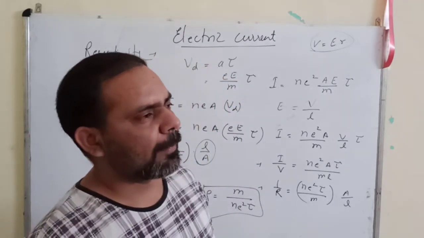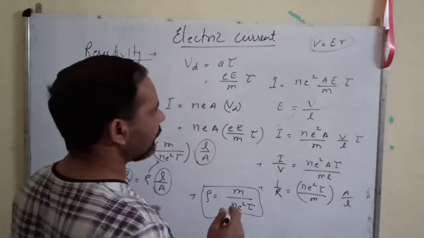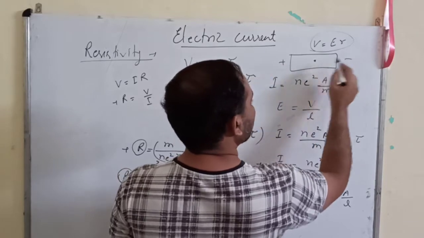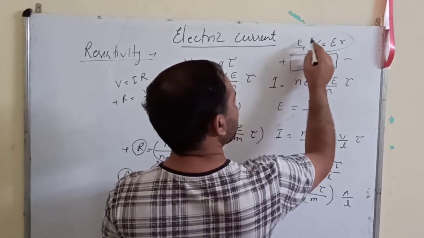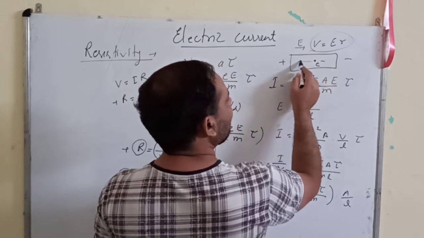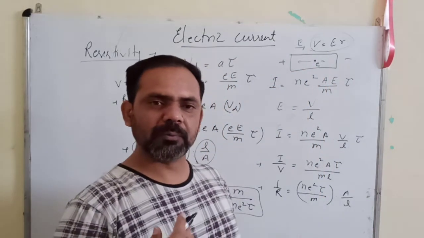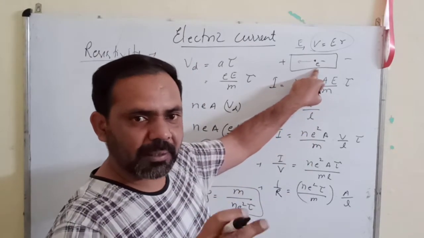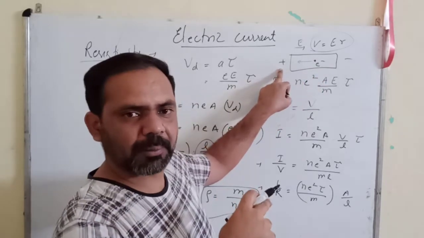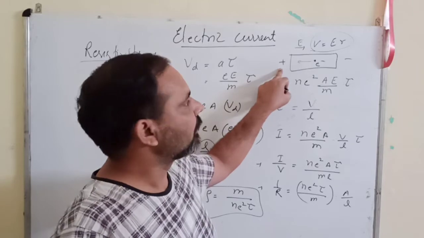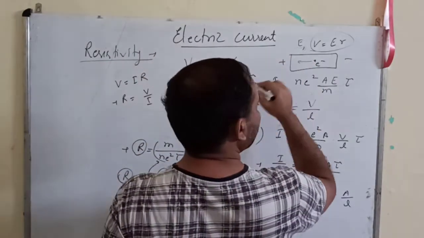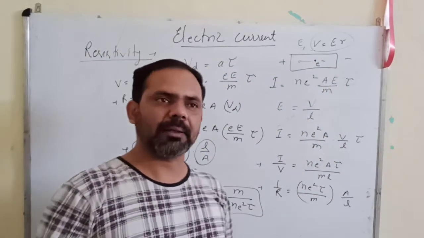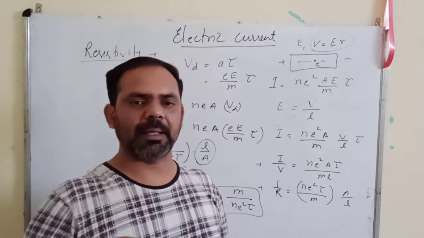Okay, sir. All right. You can simply see that I told you what drift is. Suppose this is the electron. If you apply an electric field in this direction, then the electron will be attracted towards the positive terminal. It will move towards the positive terminal. The velocity with which the electron drifts towards the positive terminal is the drift velocity for the electron. So what is the direction of the electric field? Left to right, positive to negative, and the electron is moving opposite to that. So for the electron, the direction of drift velocity will be opposite to the direction of the electric field.